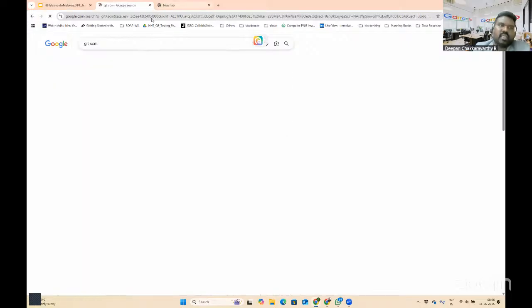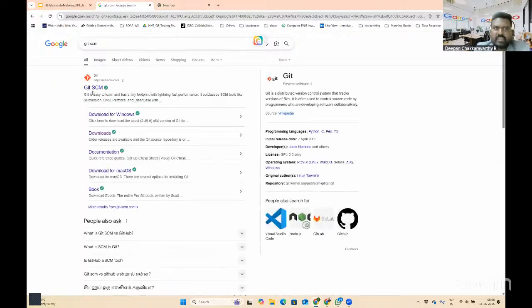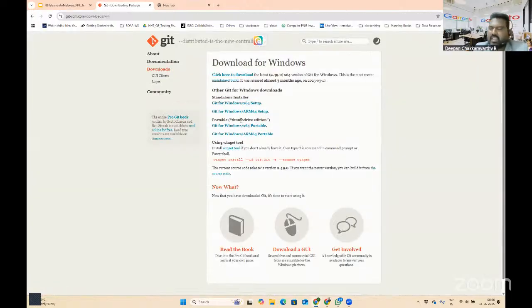So you need to go to the official website of Git, which is git-scm, where you can download Git for our platforms, and then we can get to install it. For instance, I'm using Windows on my machine. I've already downloaded the Windows version, and then I've installed it. You can click this, the setup file will be downloaded, and you execute this setup file just like any other application. Git will get installed on your machine.